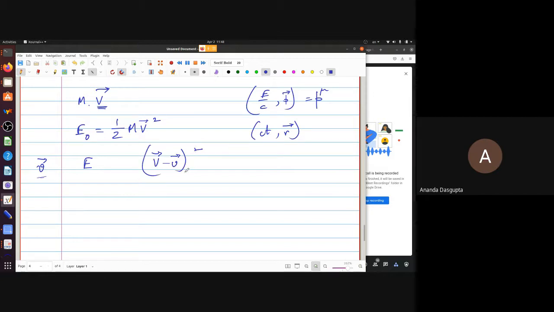Right? This is capital V minus small v, the relative velocity, right? And the kinetic energy we'll see from this frame is E given by half m (V minus v) whole squared. Okay? So basically, what you have is E0, if you square this out,